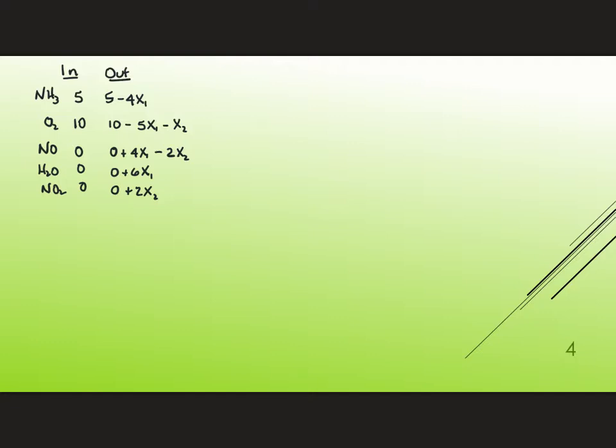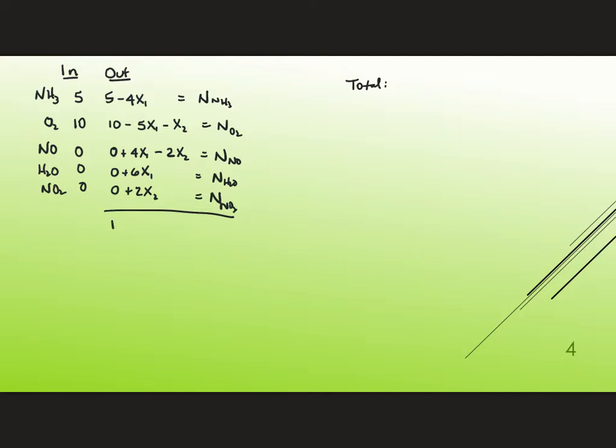So this is the number of moles of NH3. This is the number of moles of O2, the number of moles of NO, the number of moles of H2O, and the number of moles of NO2. What about a total material balance? Well, I just add those up. So if I add these up,